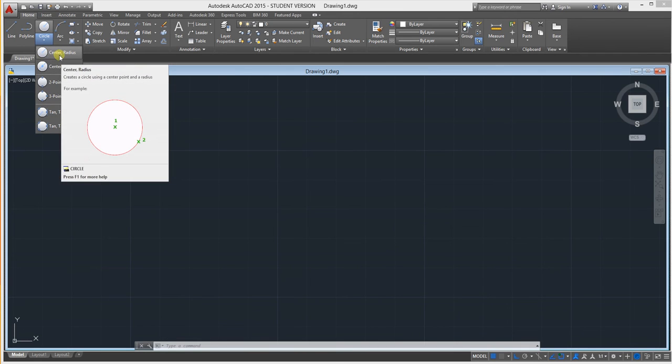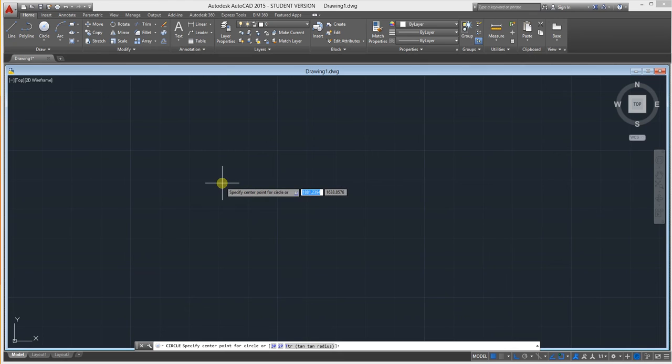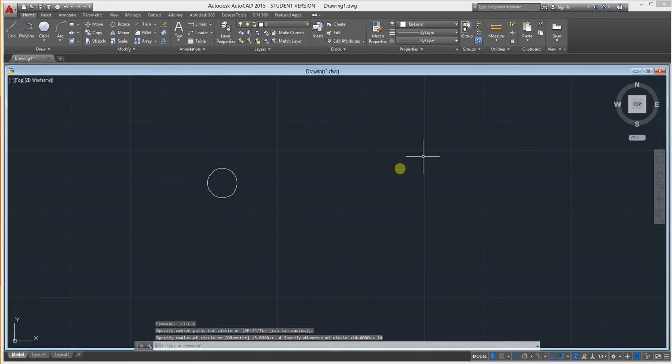The circle does have a lot of different options. The first one that we did, you choose your center and then put the radius that you want. Here it tells you the center diameter. Now it tells you to specify your center point. So here it is, and now if you enter a number, it will be the whole diameter. I entered 5 before, that was the radius, but now I want it to be 10, so that will be the whole diameter. If you want to make sure, we can go here, measure,